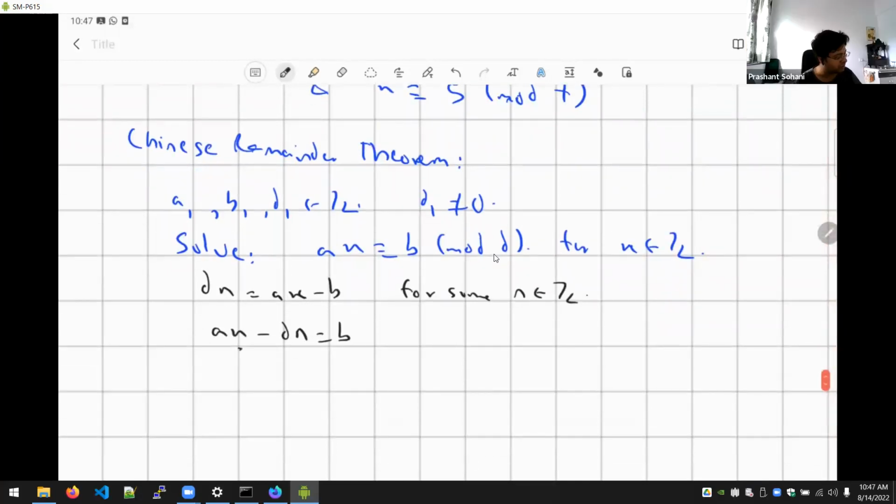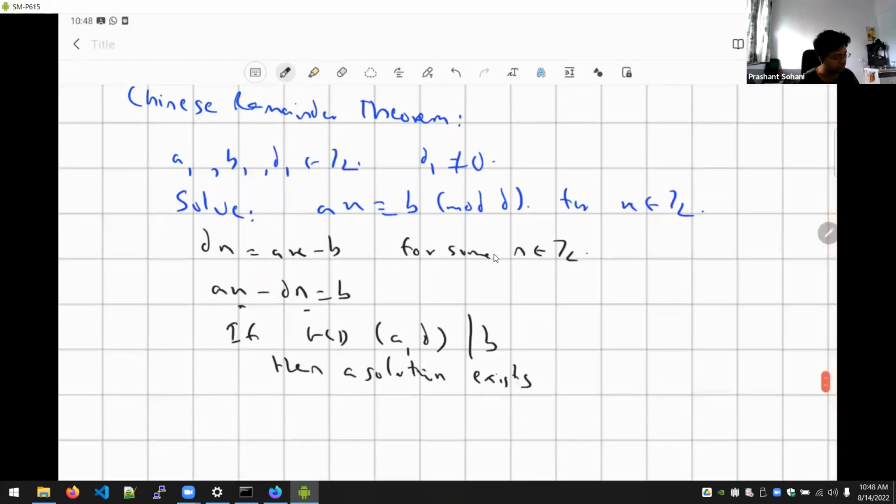So here x and n are the unknowns. When will this set of equations have a solution? When the GCD of a comma d divides b. Yes. So if the GCD of a comma d divides b, then a solution exists. And if that does not happen, then there is no solution. So assuming that this is true,